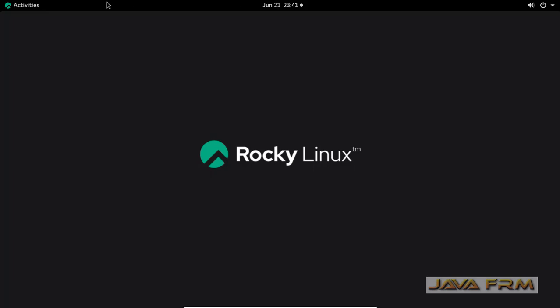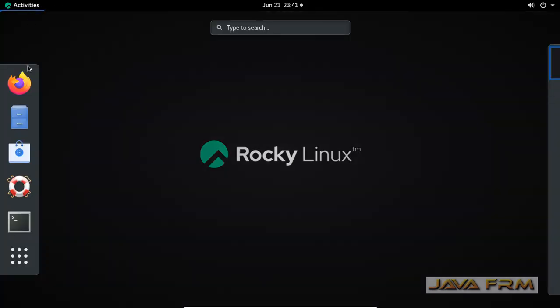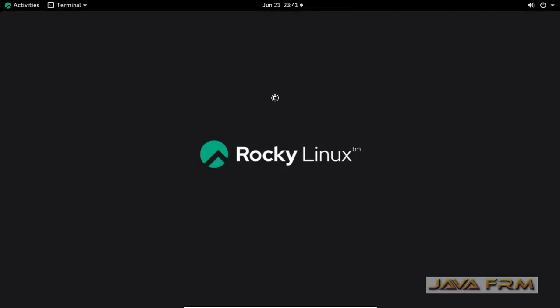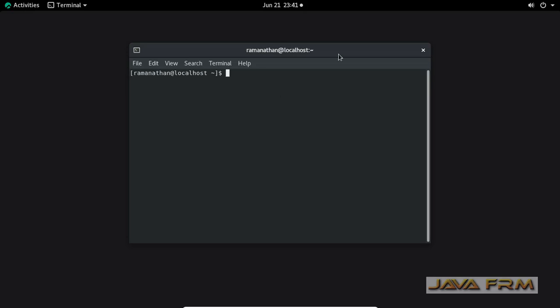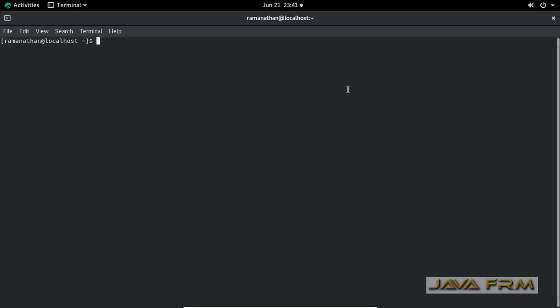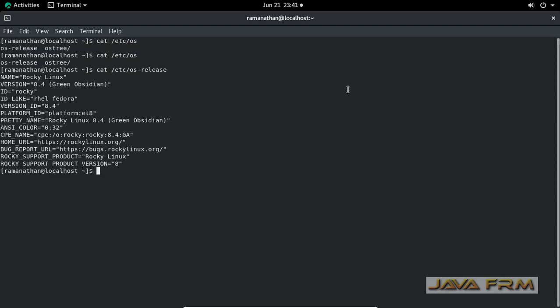Next, I am going to test the shared clipboard feature. I am opening the terminal in Rocky Linux and going to type some command. Next, I am going to paste that output from the terminal to the Windows host machine. This is the output of the command.